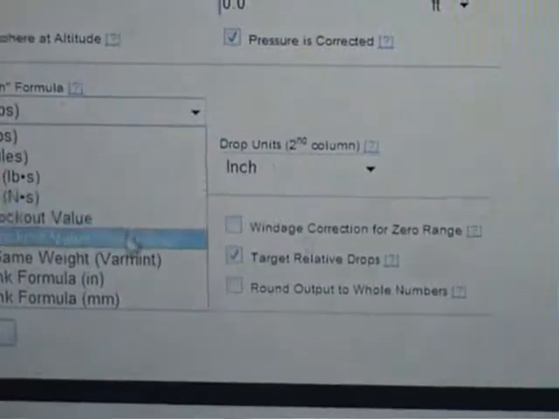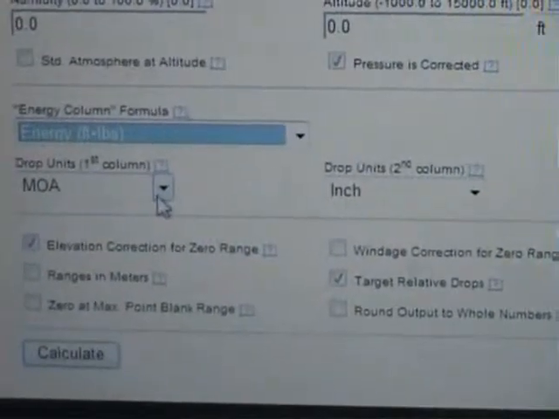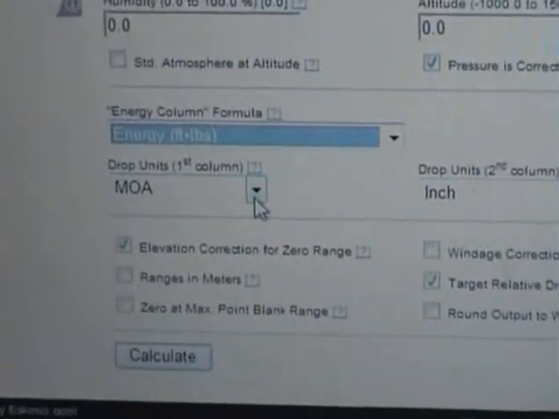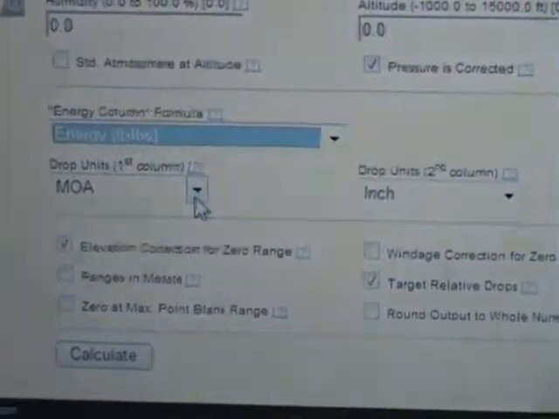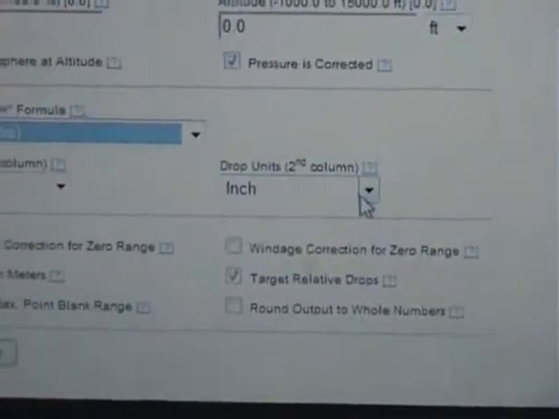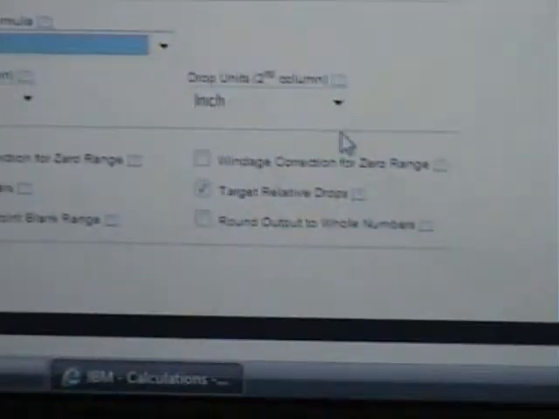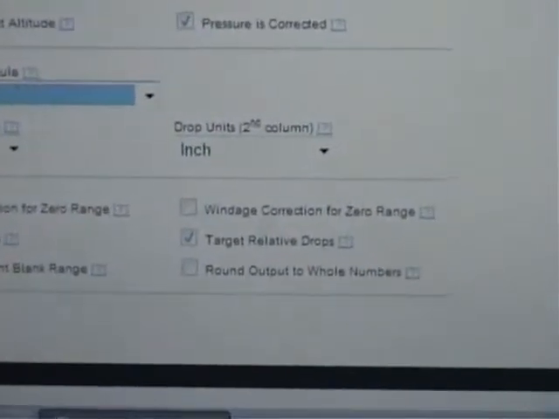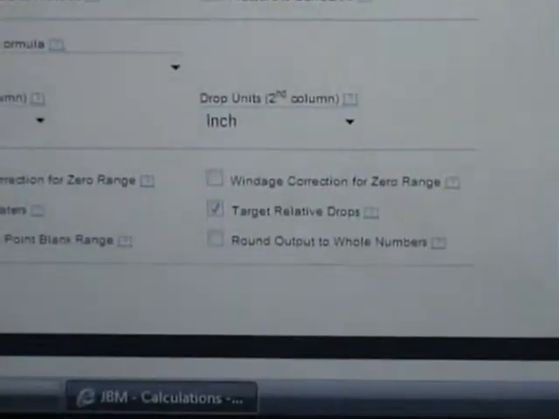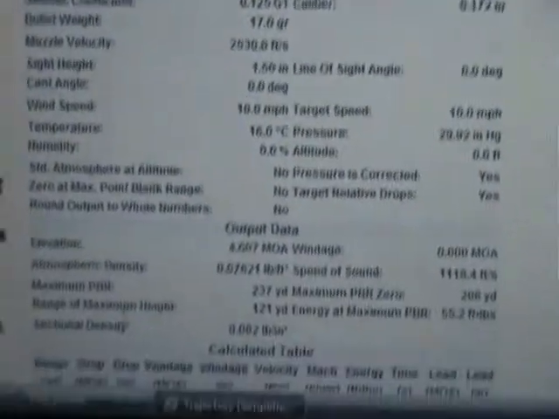So the columns then can be, we'll say, energy. I just put in energy. Don't really need to know that, but you have two drop units. I put it in minutes of angle because I have minute-of-angle numbered turrets on my rifle scope, and also in inches, so that if you want to, you can hold off the amount of inches, whatever it says. So all you do is put in all your data, click calculate, and it'll give you this. That's all your data, right? But when you come down, it